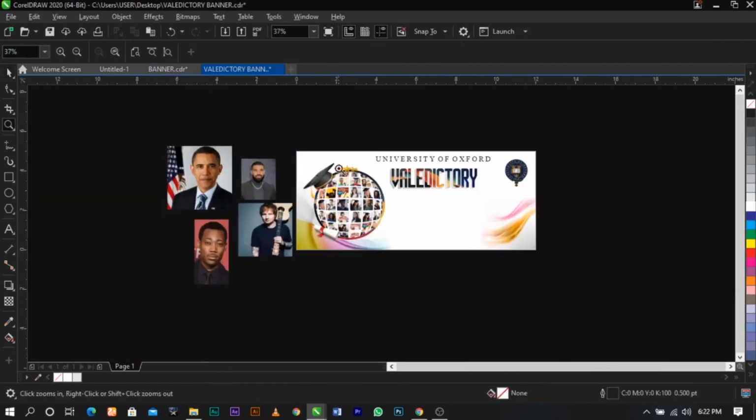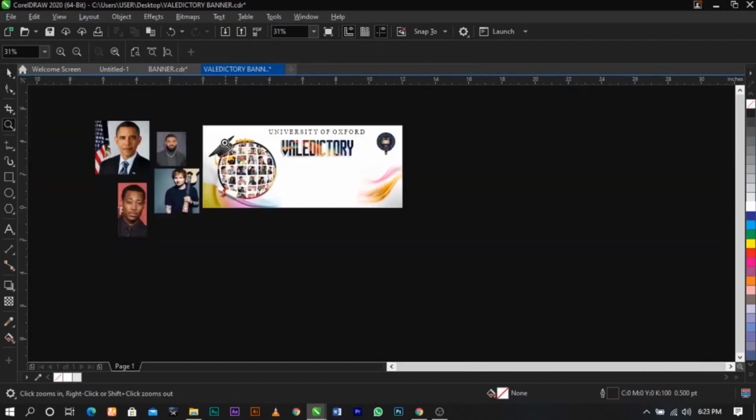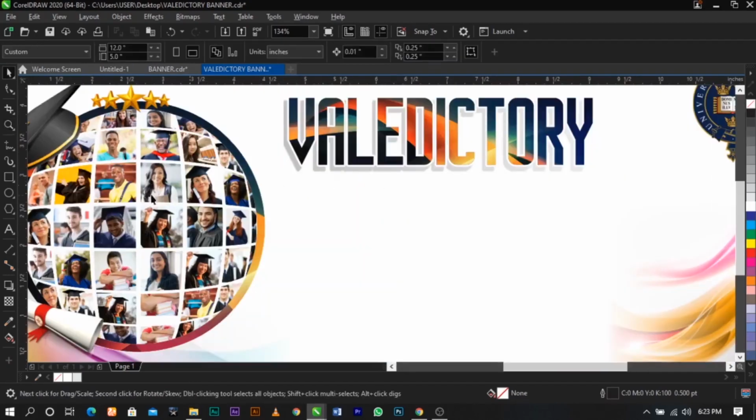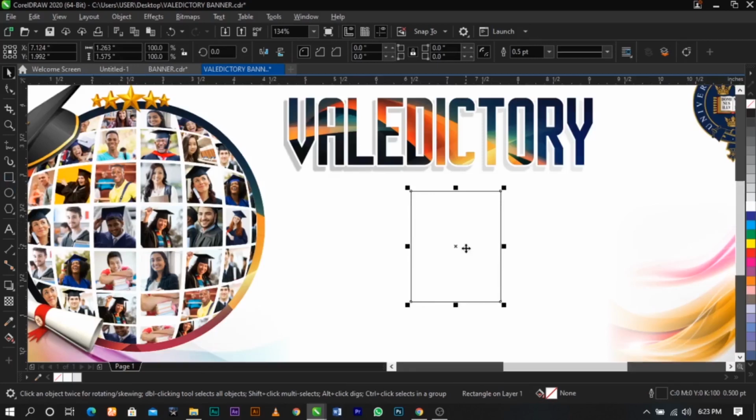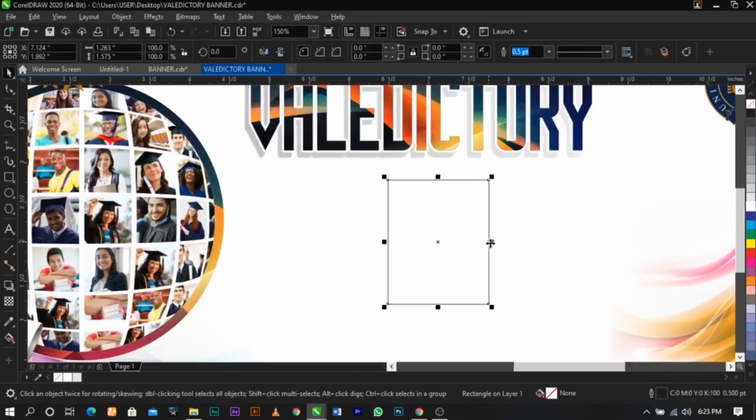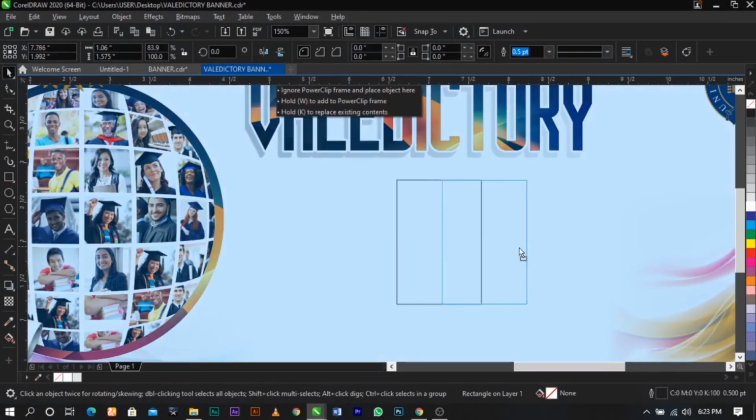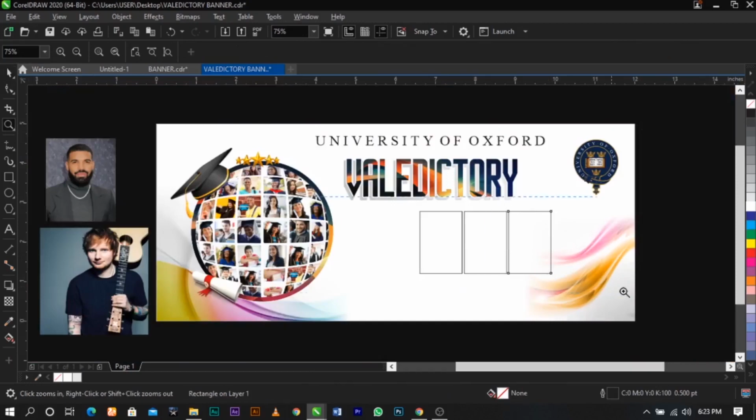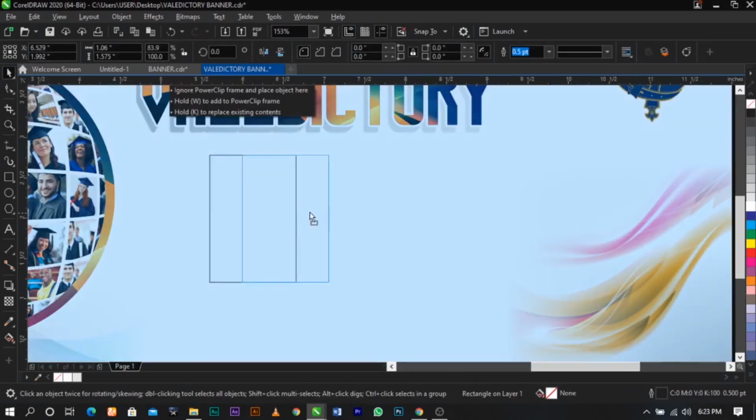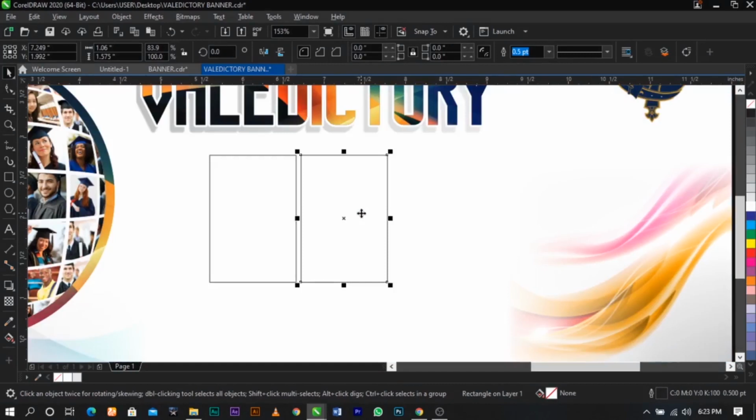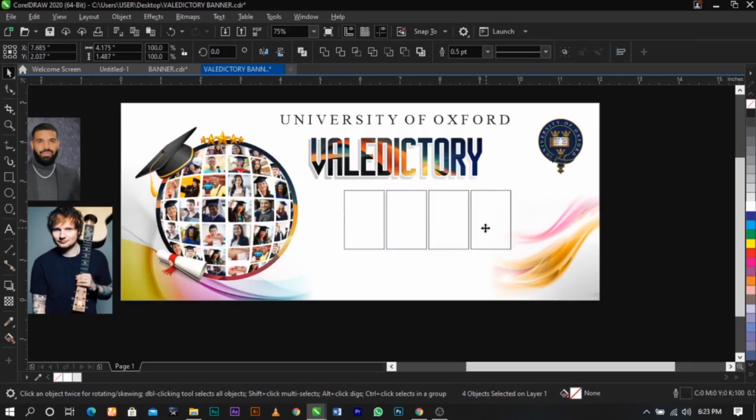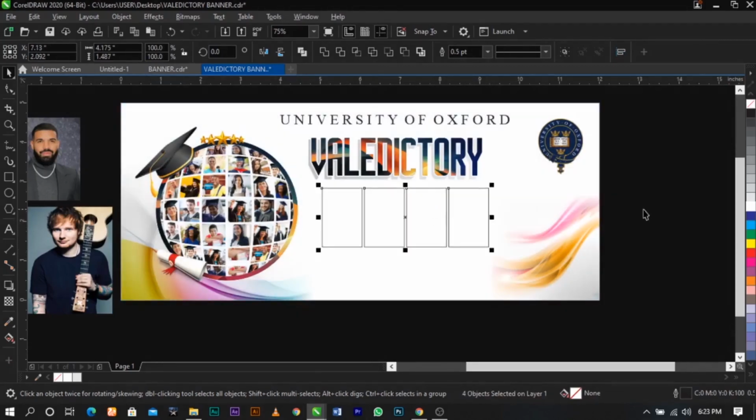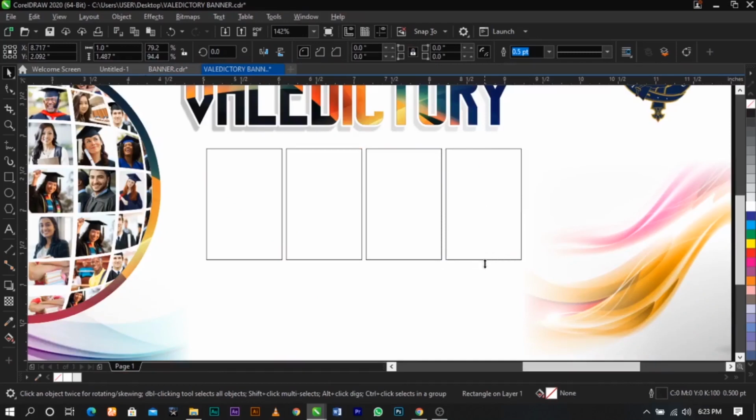Alright guys, so the next thing we're going to do is use our rectangle tool and drag this way. Drag this way and drag this way. But if you don't want to be dragging, all you need to do is drag once and click Ctrl R to duplicate. We have 4 pictures here, so just duplicate this to 4 places and just put it here. So the next thing I'm going to do guys is drag this down,